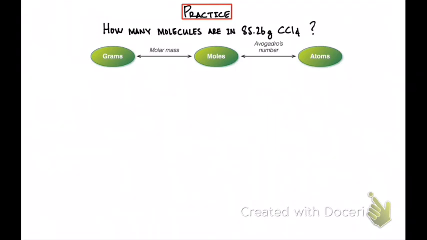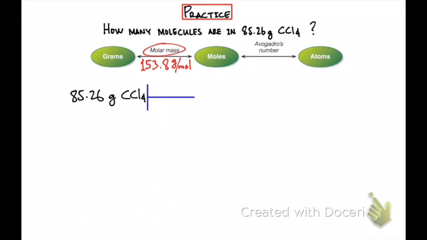So the first step here is to convert mass to number of moles. We have 85.26 grams. Before we can do that, we actually need the molar mass of this compound. So 12.01 plus 4 times the atomic mass of chlorine, and that gives us 153.8 grams per mole. We're going to write down what's given: 85.26 grams of the compound, and set up our dimensional analysis. Grams goes at the bottom and the number of moles up top